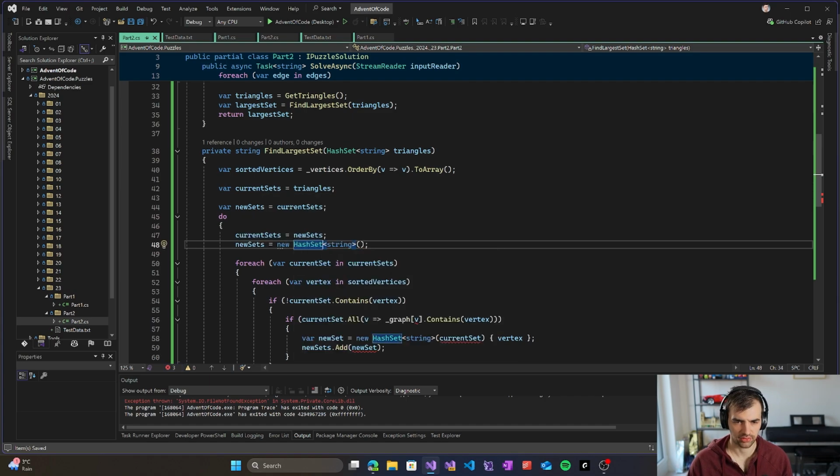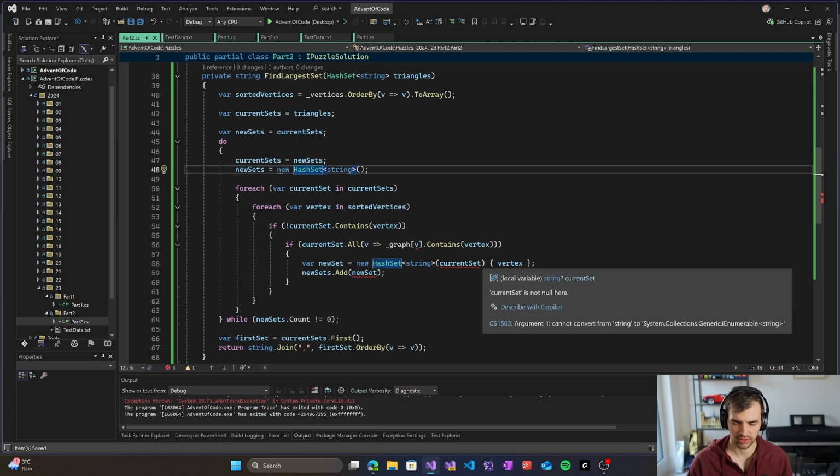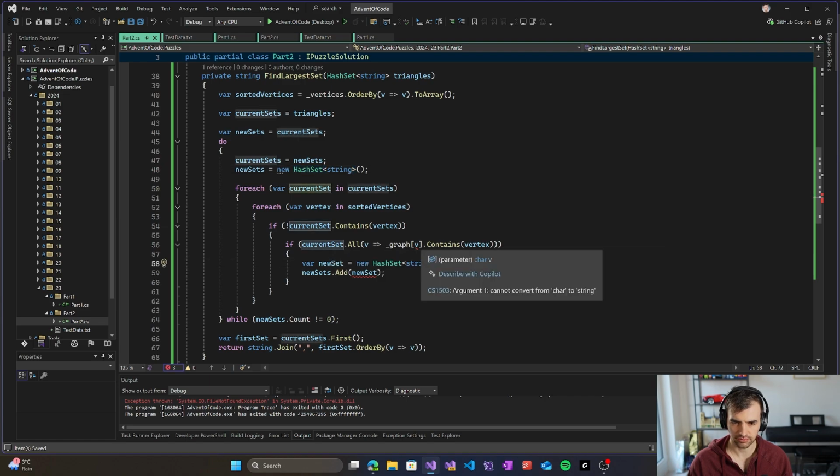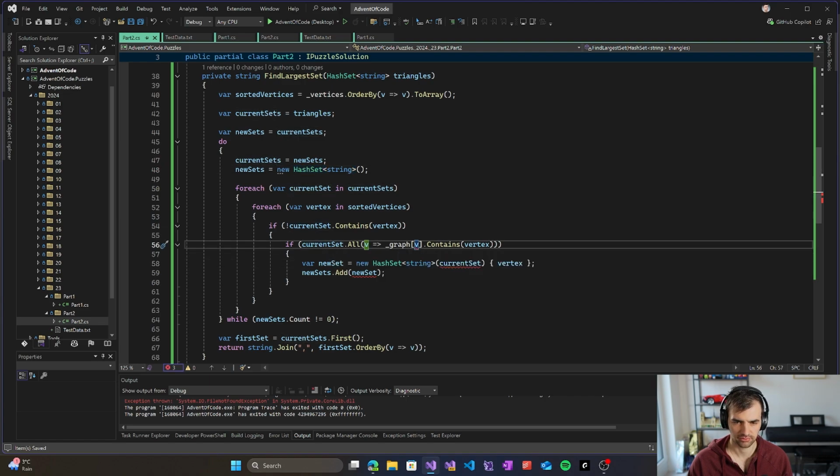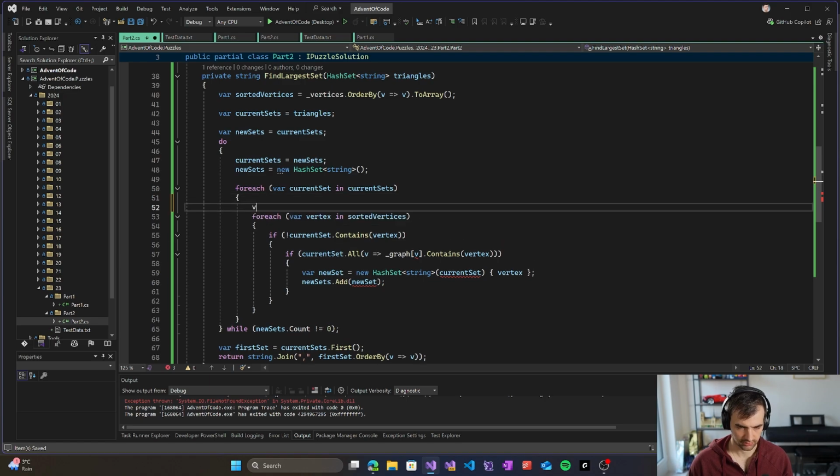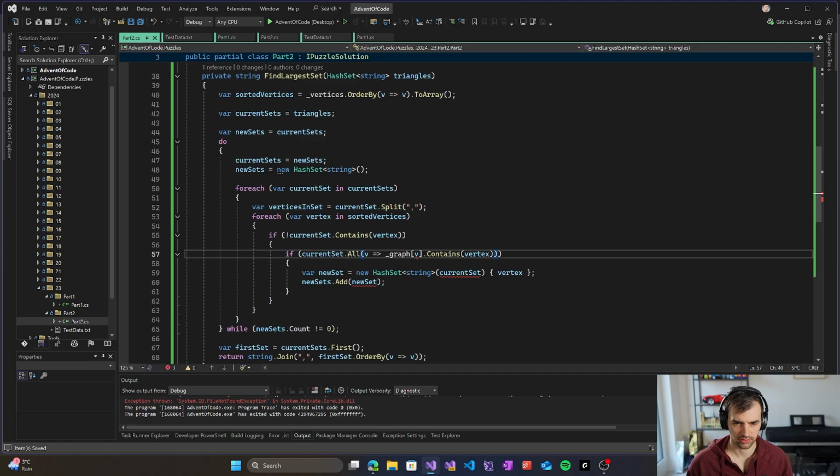So this is the new set, and then we will be doing this: in set, we'll split it by comma, and so since all contain the vertex that we are adding, then we get the new set, which will be